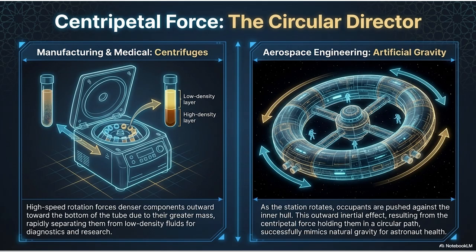Medical and manufacturing centrifuges. Imagine a high-speed laboratory machine holding a bunch of test tubes. It spins them around at thousands of revolutions per minute. This is a really vital diagnostic tool. When you go to the doctor and get your blood drawn, your blood is a mixture of red blood cells, white blood cells, and a watery fluid called plasma. If a doctor needs to test just your plasma, they need a way to separate the liquid from the cells. And you can't exactly pick them apart with tweezers.